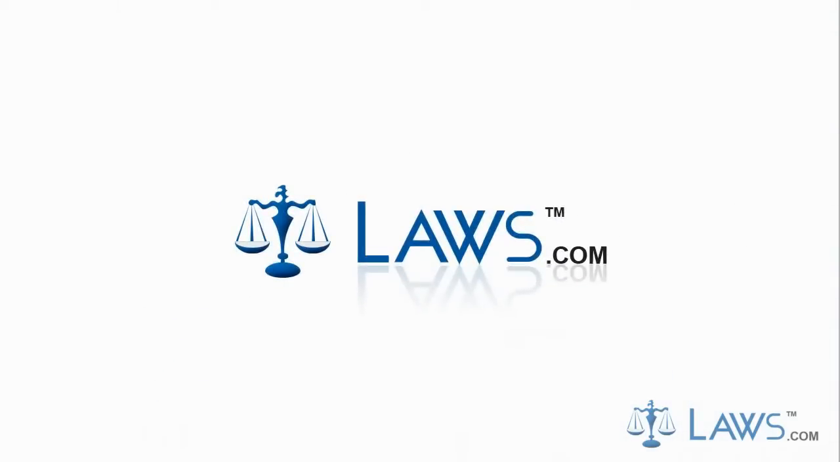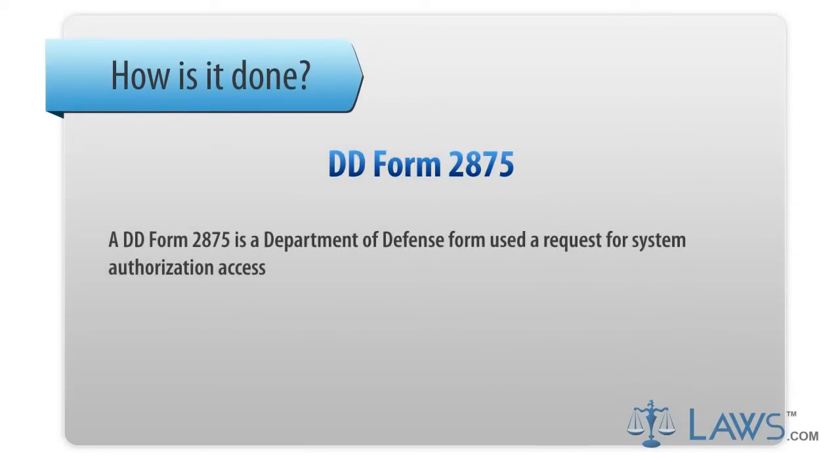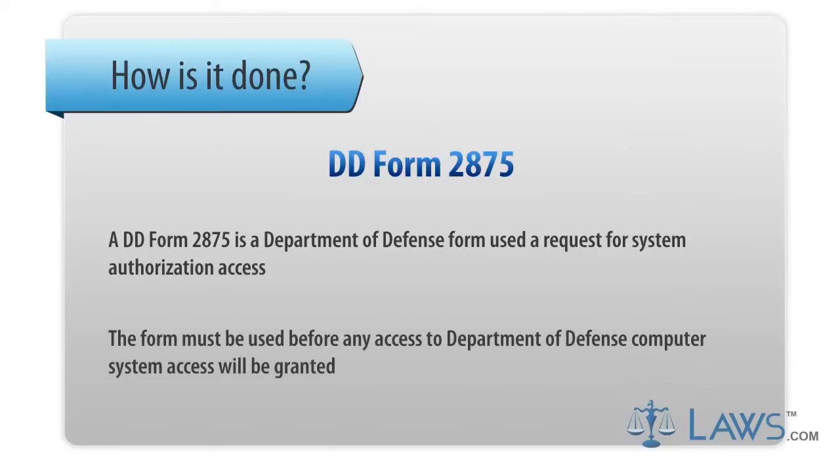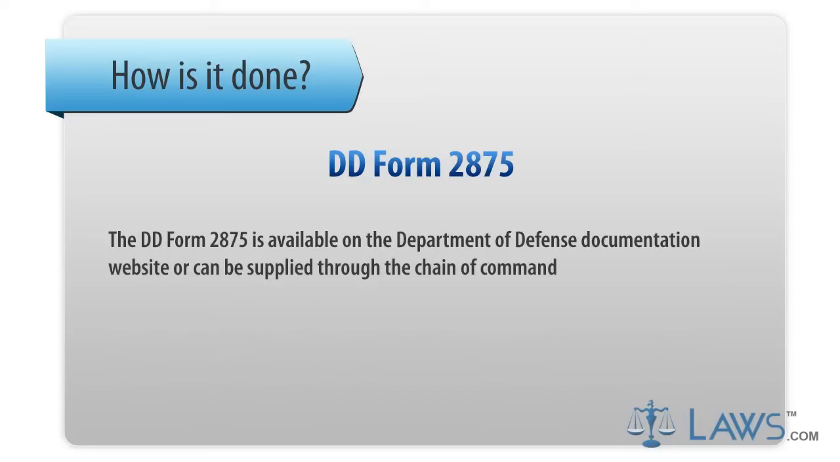Laws.com Legal Forms Guide. A DD Form 2875 is a Department of Defense form used as a request for system authorization access. The form must be used before any access to Department of Defense computer systems will be granted. The DD Form 2875 is available on the Department of Defense documentation website or can be supplied through the chain